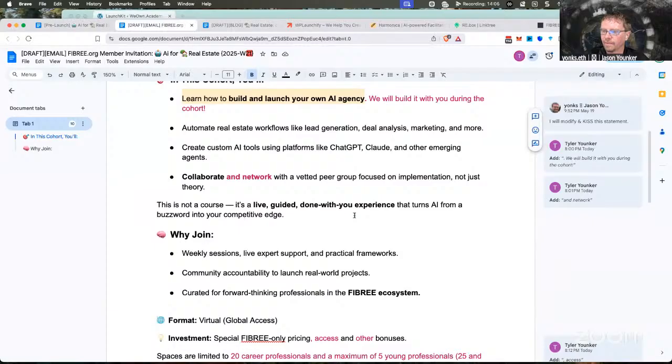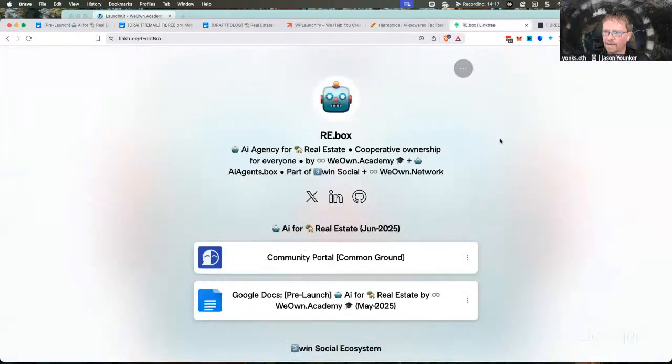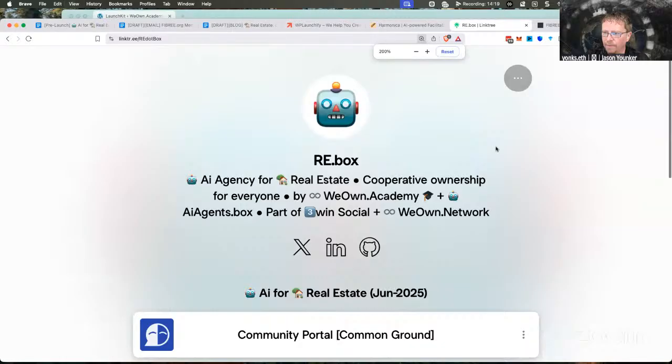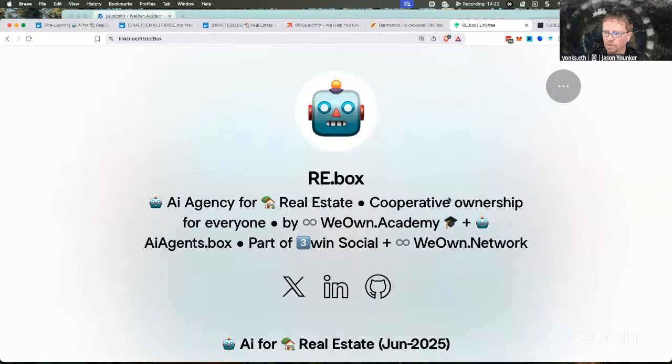I have no problem clearly stating that the main goal from my perspective is to create re.box, this AI agency for real estate.